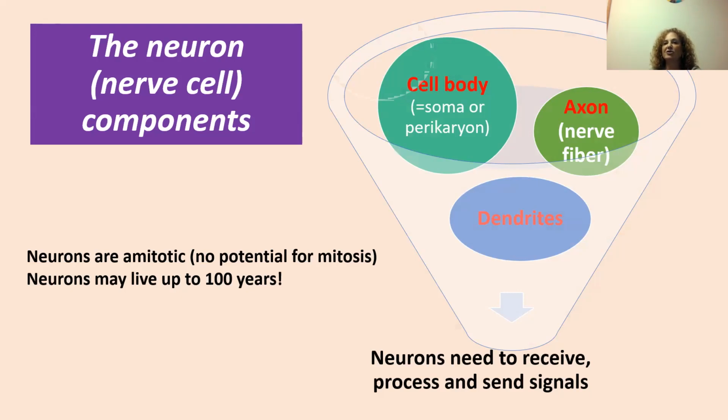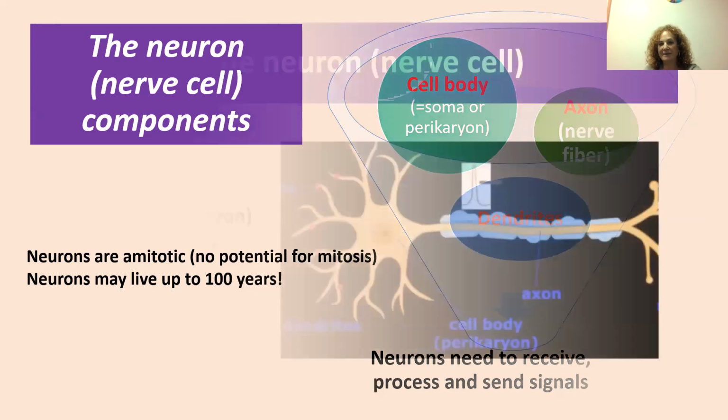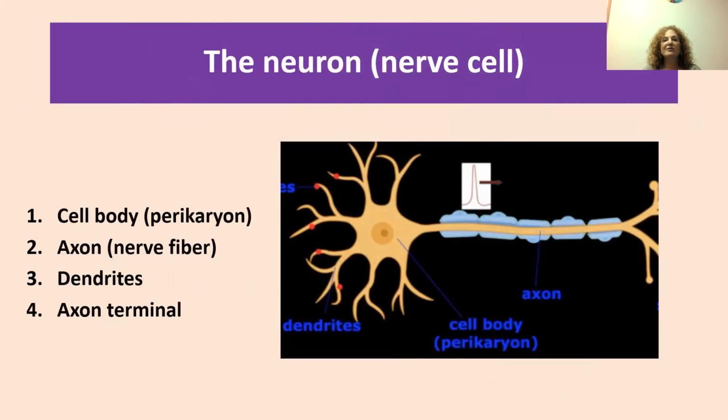Another term for the cell body you should recognize is soma or perikaryon, and the reason for that is that you might see it mentioned in different textbooks under different names. So here's your neuron. The neuron consists of the central brain of the system, or the cell body. Here within the cell body, you see a centralized nucleus. Inside the nucleus is the nucleoli. Surrounding the nucleus is your cytoplasm, and within that cytoplasm, of course, are all the components of every cytoplasm of